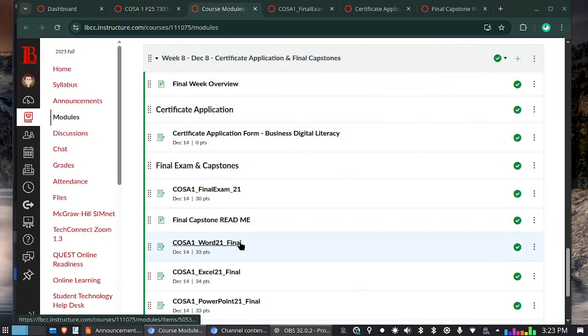Now, as far as the capstones are concerned, you have one of each from Word, Excel, and PowerPoint. The capstones are just like the skill review projects, except they're longer in scope. So, for example, with the Word capstone, it covers all 4 Word chapters. You're not going to get any hints on how to do certain things, but you can go back and look at your notes. You can look at past project instructions. You can go back, look at training sims. You can't go back and complete training sims for late credit, but you can at least go through and practice.